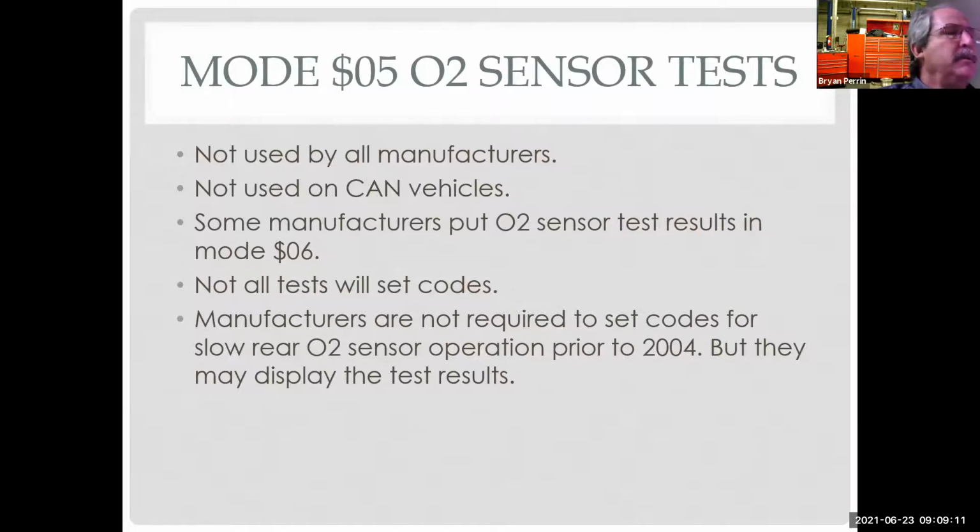So there were a lot of cars prior to 2004 that would have emission problems or other issues from a bad rear O2 sensor. And people are going, well, the light's not on, so it's fine. No, it's not required to test it. You've got to go test it. So that's why it's in,